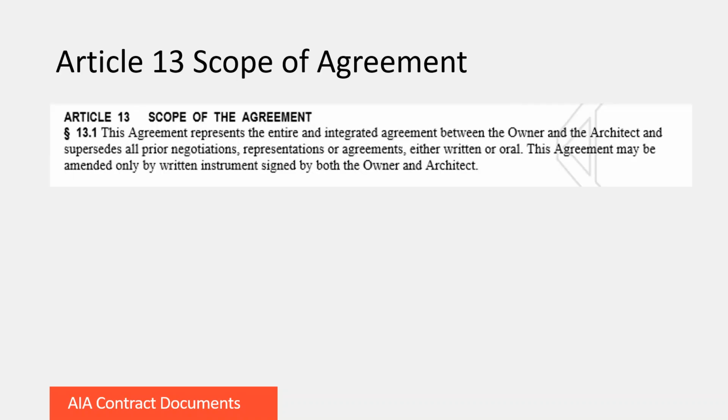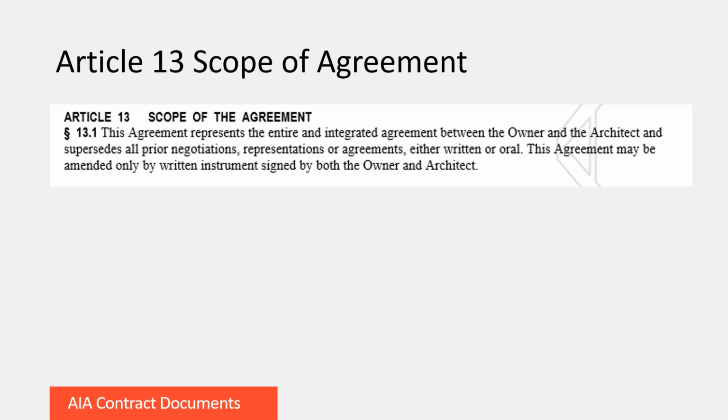And then in Article 13, there is an opportunity to define the scope of the agreement. So as we've been going through these different sections of the agreement, we've referenced different areas where there may be an exhibit that would be used to add additional information that's not specifically stated in the agreement itself. So you'll want to make sure that anytime you're listing an exhibit somewhere in the agreement, that you're also including it as a named exhibit listed in Article 13,